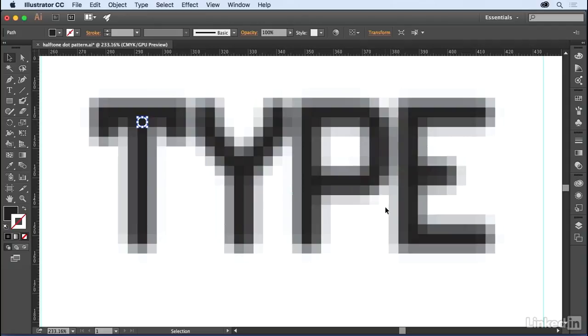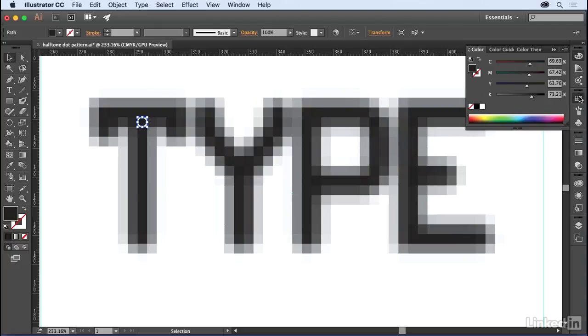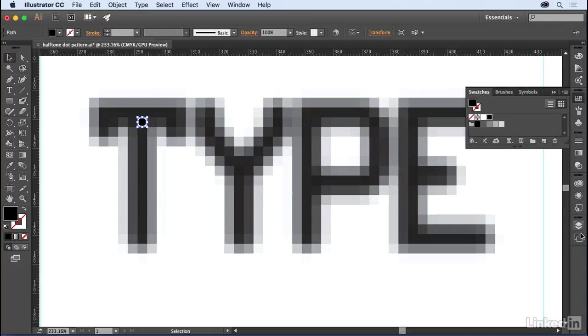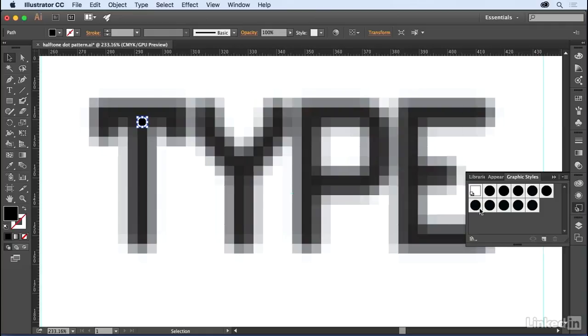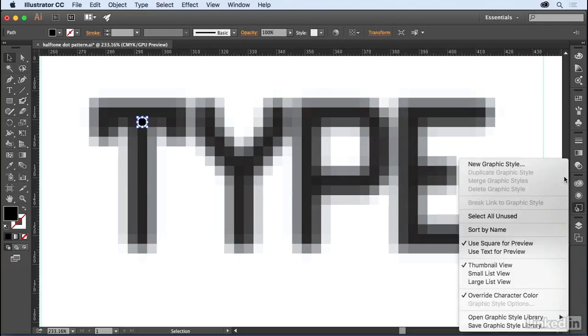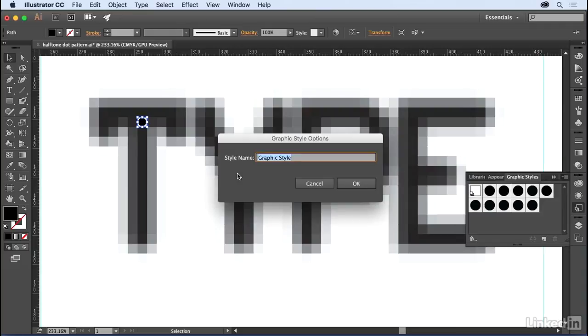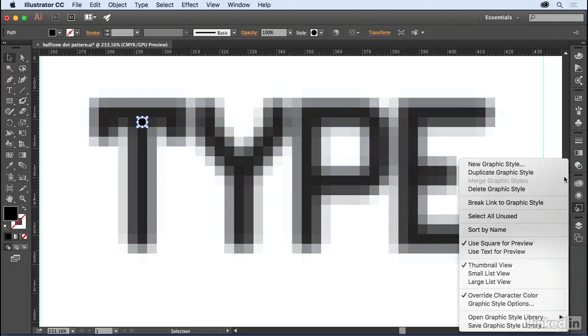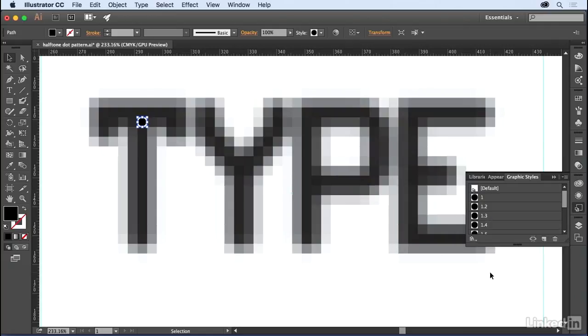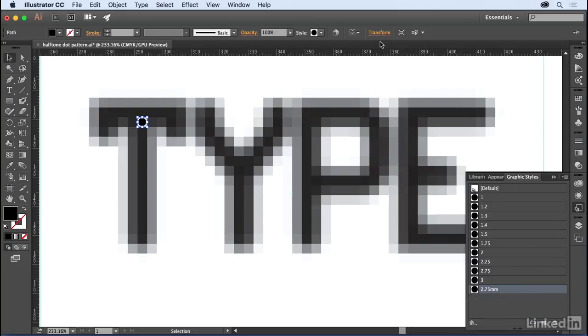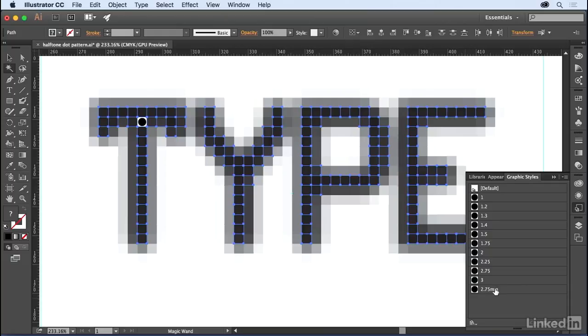And I now want to create a graphic style based upon that. Let me make sure that the color here is black, and then I will come to my graphic styles panel where you can see that I already have some pre-made. I'll choose new graphic style, and I'm going to type in the size 2.75 mm. I'll click OK. Now I'm going to choose to view my graphic styles as a small list. Switching now to my magic wand, I want to select all of the dark squares and apply that same graphic